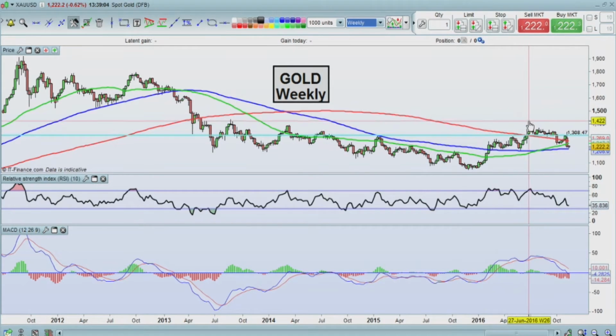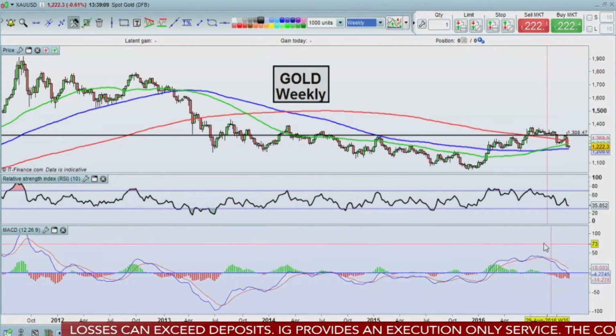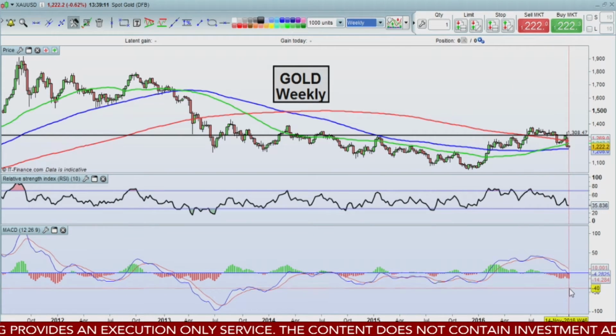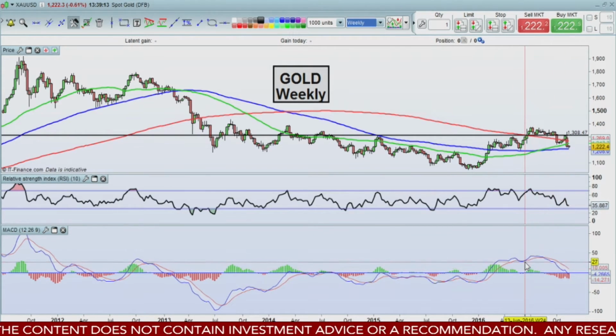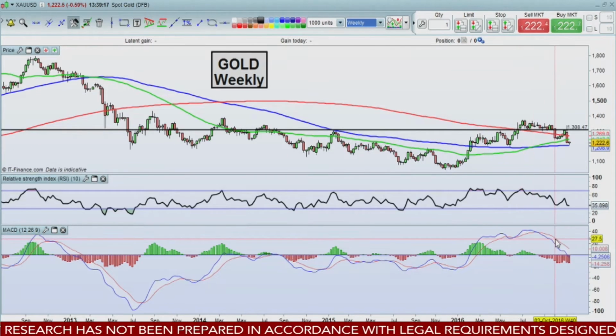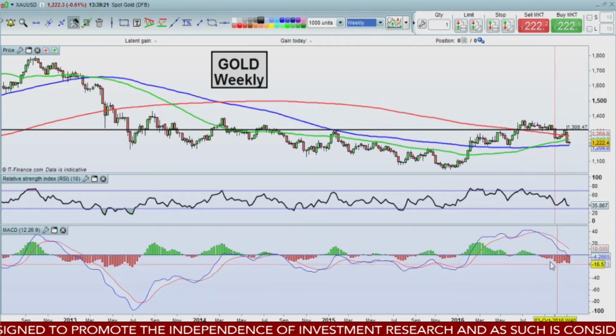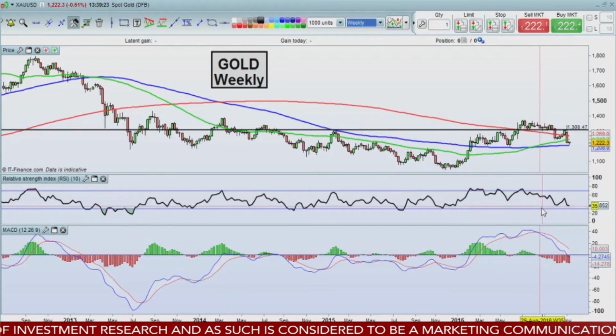We've got this particularly bearish picture here for the weekly chart. We've got the top panel here, which is the price action. We've got the middle panel, which is the relative strength index, and we've got here at the bottom the MACD. The way you read the MACD is that you've got the blue line here, which is the MACD itself, and the red signal line, and when one crosses the other, that's when we get a change in the histogram and also a change in direction of the stock.